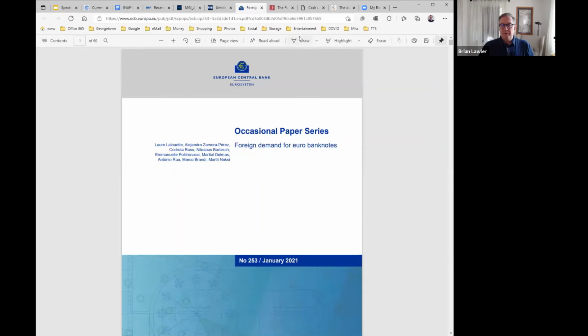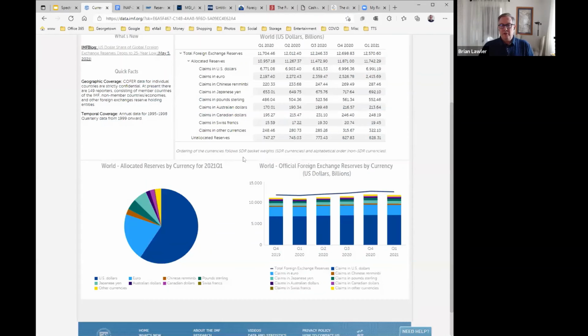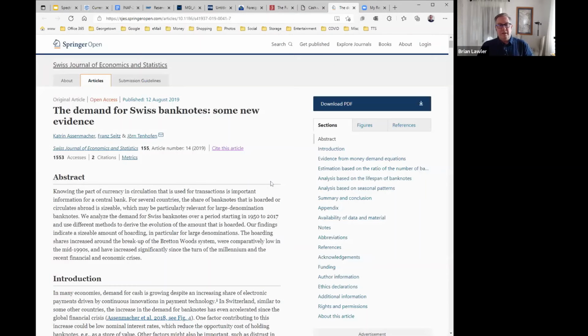And if you're interested in a couple of other countries, this paper talks about the demand for Swiss banknotes, which interestingly enough is listed in the IMF data. If you see, it's a very small percentage. But there's a historical reason and some other reasons for the Swiss banknotes. You can barely see it. It's this little sliver right here, 0.17% on their chart. But you might find it a fascinating topic, the demand for Swiss banknotes,